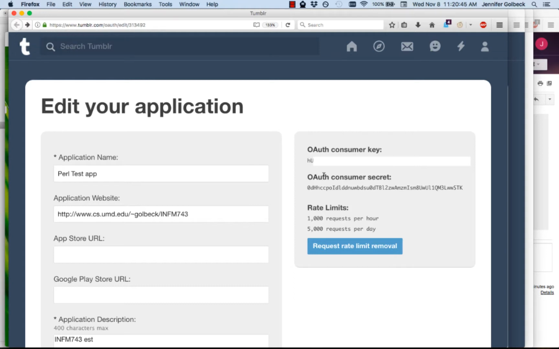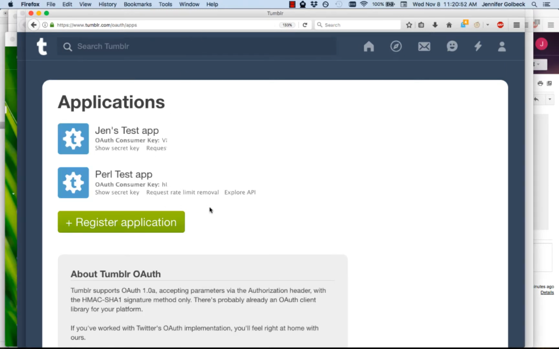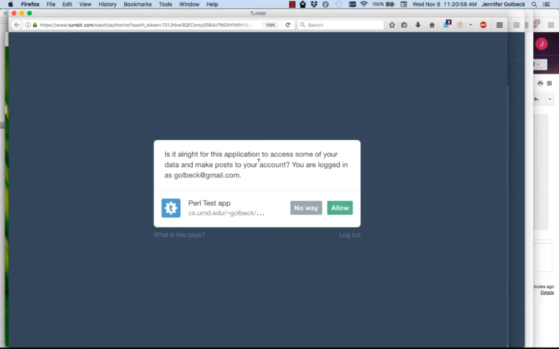We're going to go back to the list of our applications and click Explore API here next to our app. When we click that, Tumblr is going to ask us to authorize. This is the point in the OAuth process where the user, you, is telling Tumblr that it can give a token to the app that allows it to use your data. So this is the second part of that process. If we say allow,